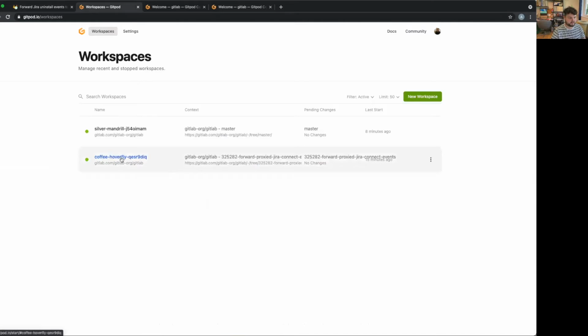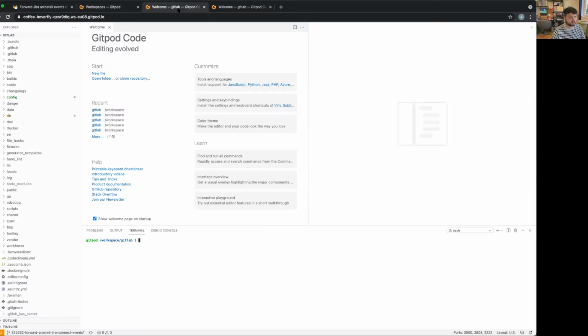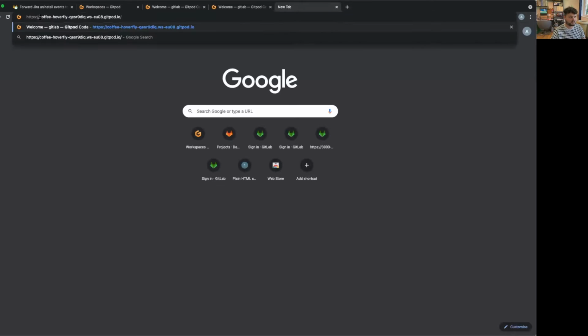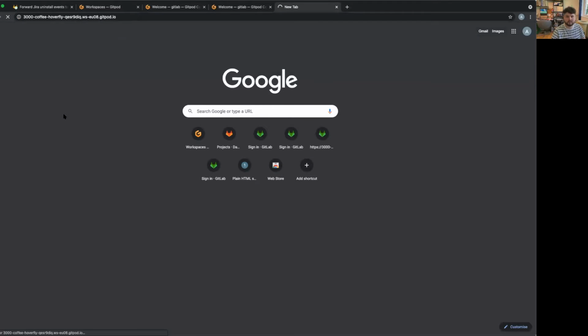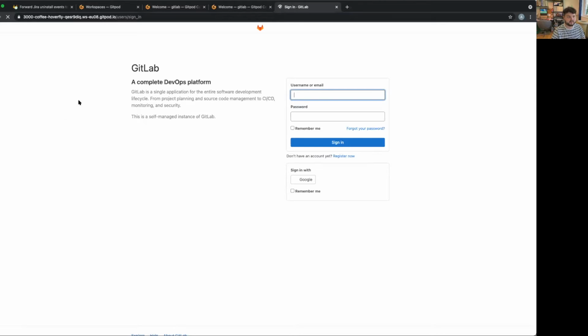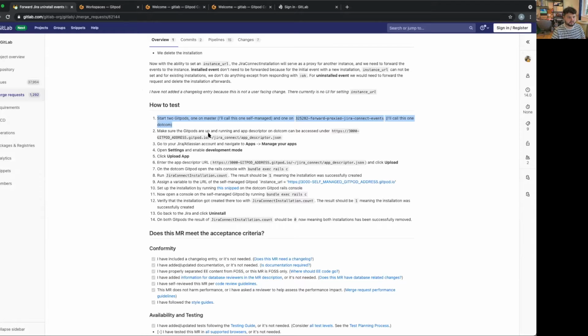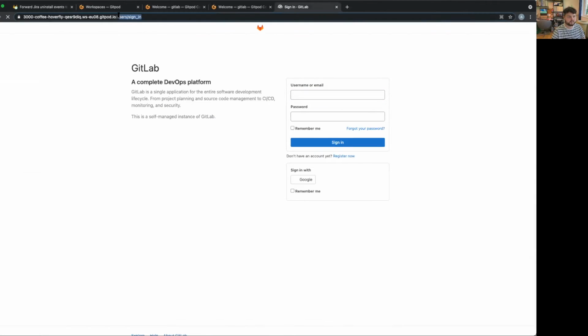So that's coffee hoverfly something. That should be this one. And if we want to access the GitLab running on it, we have to put 3000 in front of it, for pod 3000. And there we go. So now we want to access this path, which has the app descriptor JSON. There we go. I'm going to copy the whole URL